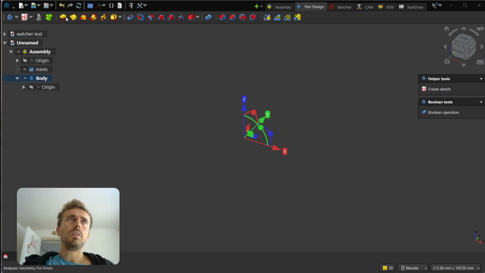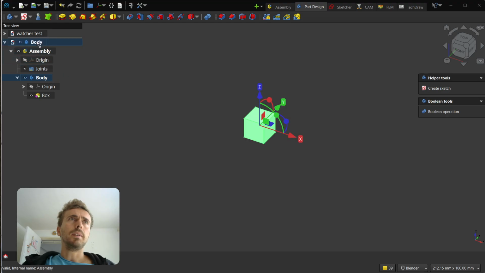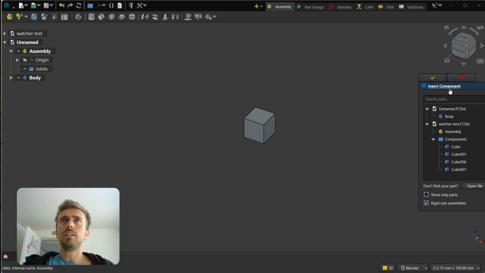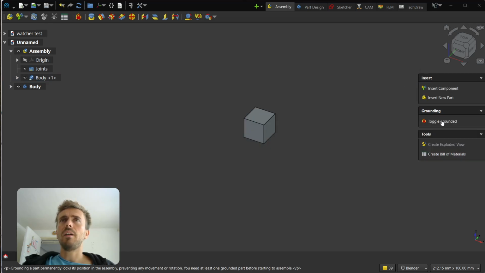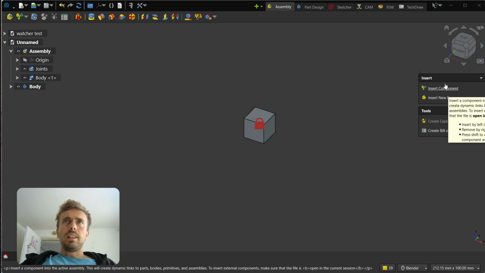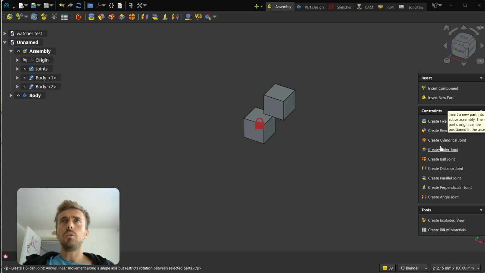Let me put a small cube in here. Let me put it out of the assembly. So you see if I go back to assembly, now I have insert component and I can add my body. If I do not ground it, you see now I have toggle ground, so that's nice. So I can select it and toggle ground. And now, well, I can insert a second component,